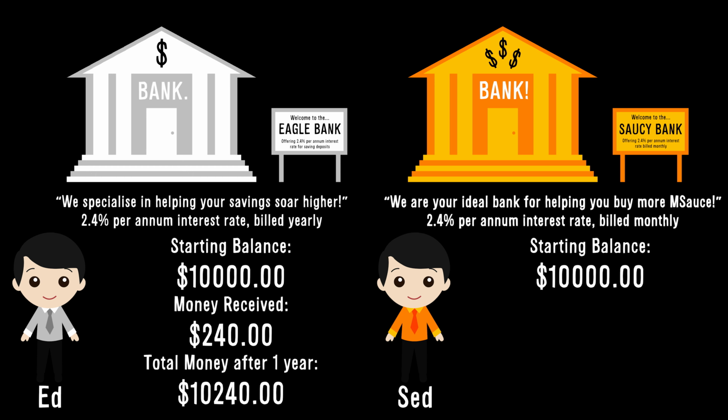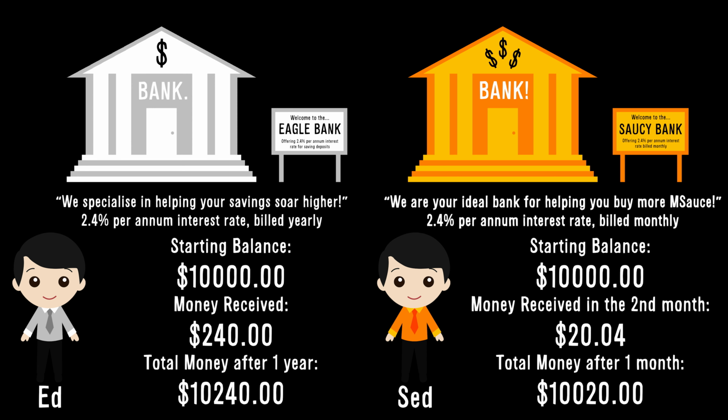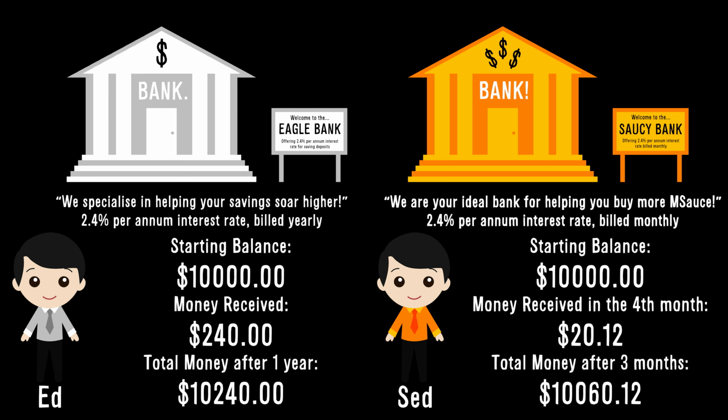Lucky man. Now, Sed, with cash given to him every month, receives only 0.2% in the first month, 1/12 of 2.4%. So he receives $20, 0.2% of 10,000. Now, in the second month, he no longer has a balance of $10,000, but an additional $20 from the interest he receives last month, for a grand total of $10,020. So in the second month, he gets a payment of $20.04, bringing his grand total to $10,040.04. In the third month, he gets a payment of $20.08, 0.2% of $10,040, with the 4 extra cents rounded off. And in the fourth, $20.12, and so on and so forth,